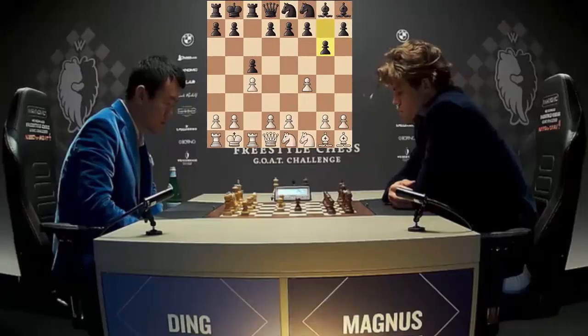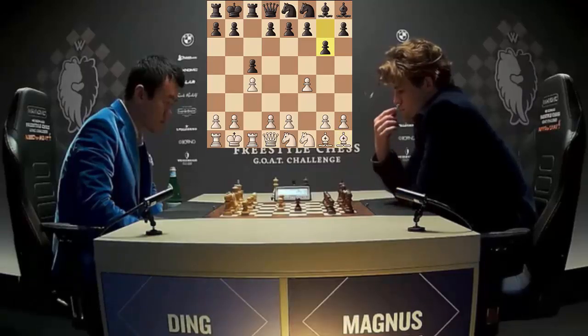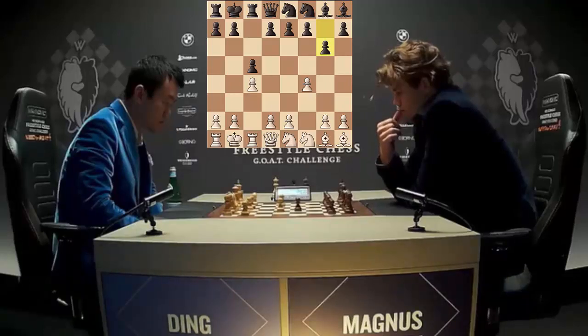Spot on with f4, and it does make a lot of sense to open these bishops in one way or another. And it's always the question: do you push the pawn to g3, do you push it to g4? We've seen already yesterday that Firouzja likes to push his pawns forward, and sometimes even to his detriment. So in his game against